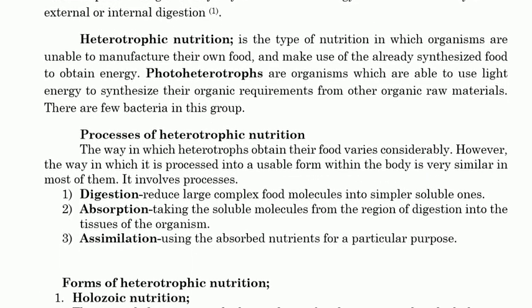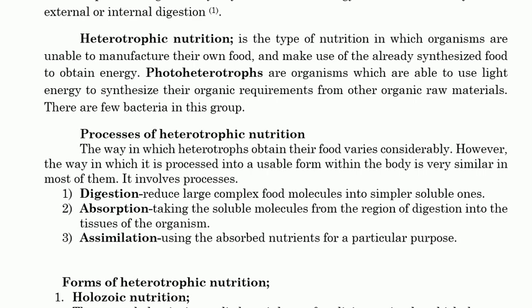Now, in short, we have some of the processes which are taking place in all of the heterotrophic nutrition. Ukisikia heterotrophic nutrition popote pale kuna process msingi hizi tatu. The way in which heterotrophs obtain their food varies considerably. However, the way in which it is processed into usable form within the body is very similar in most of them. Now, the three most common processes taking place in heterotrophic nutrition are ya kwanza digestion, pili absorption,